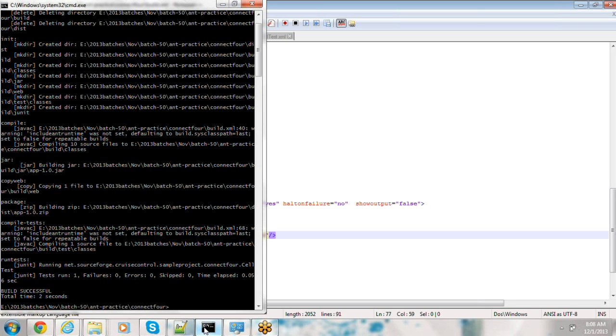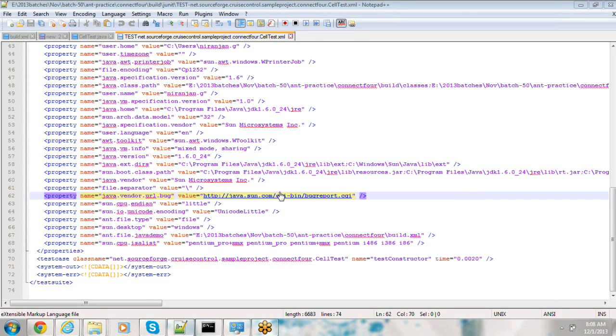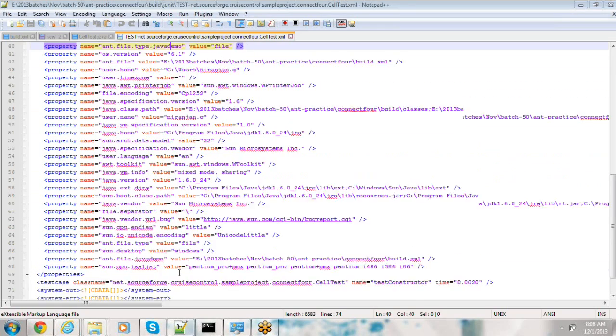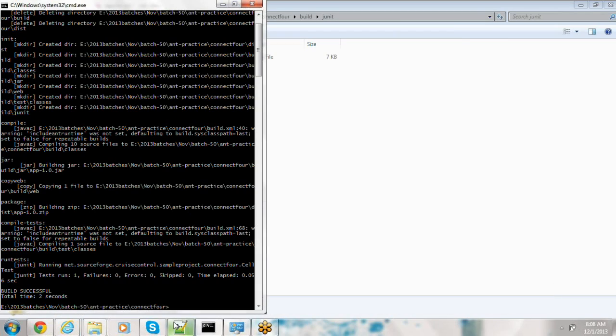Compile jar, compile test cases, run the test cases. Okay. So you can see it has slightly modified. It has completed the test execution. No errors also. System.error, there is nothing in the error. So you will look at your test results also. If you give formatter as HTML,